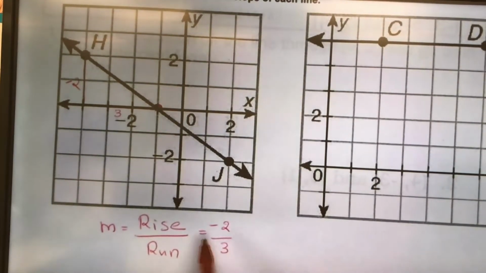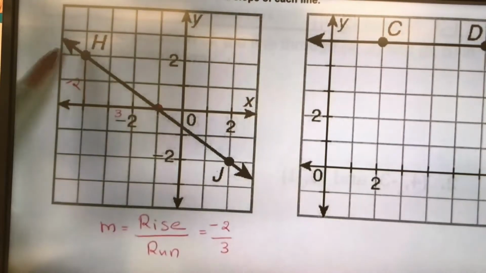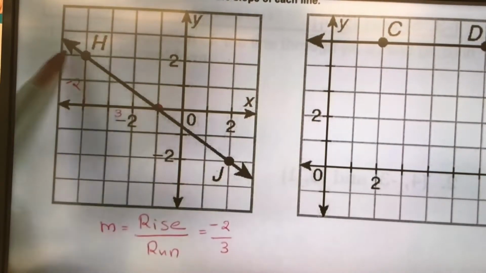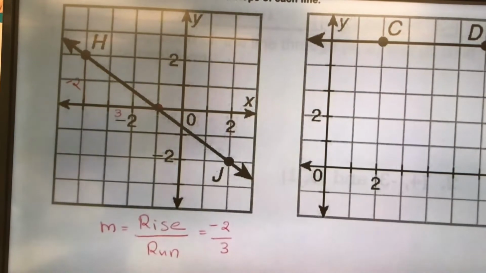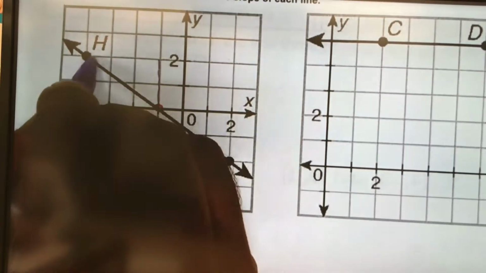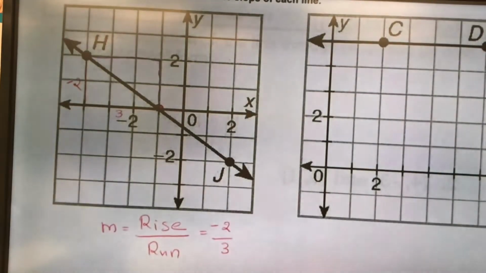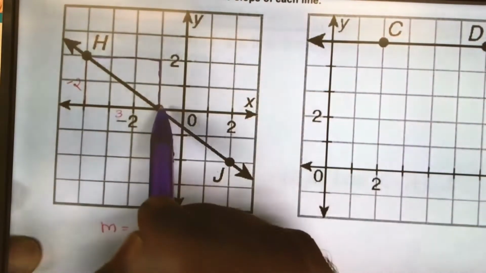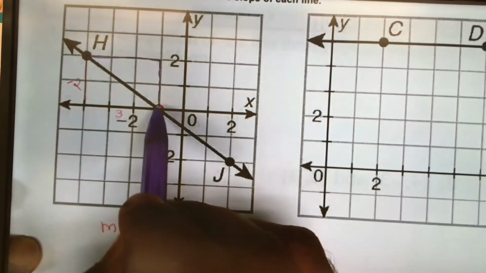Look, the slope is negative. That means the line is downhill, or coming down. You may wonder what happens if you make the right triangle the other way, from here to here. How can we reach the point? When we make the right triangle from this point to that point, we are moving